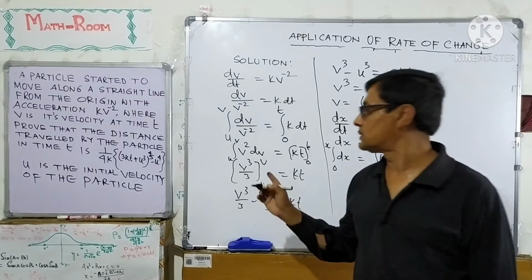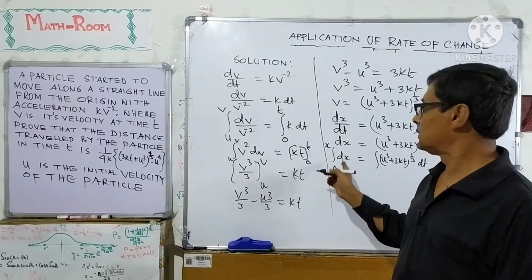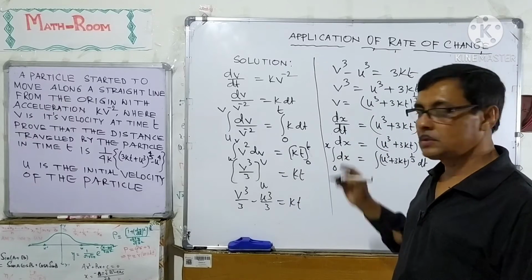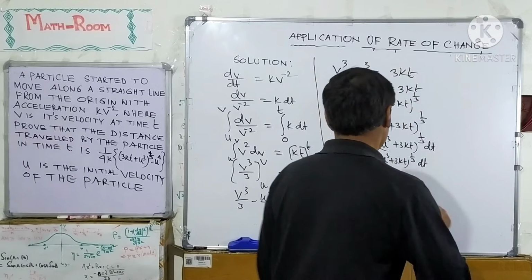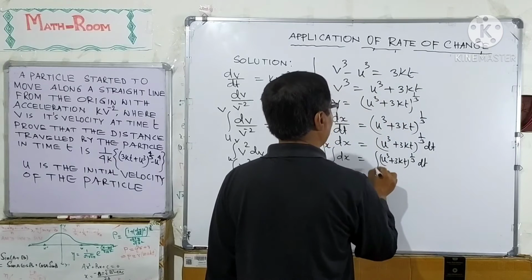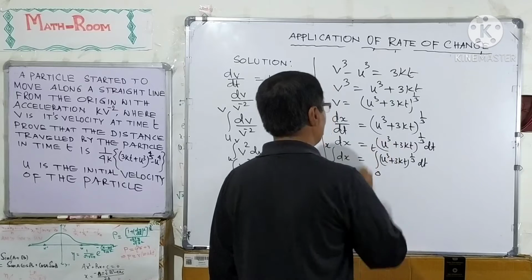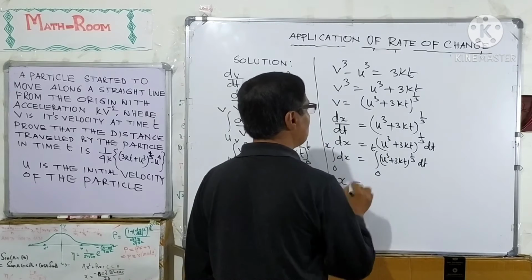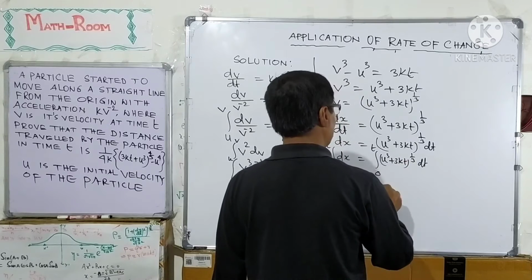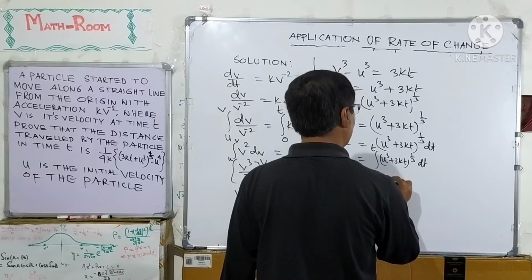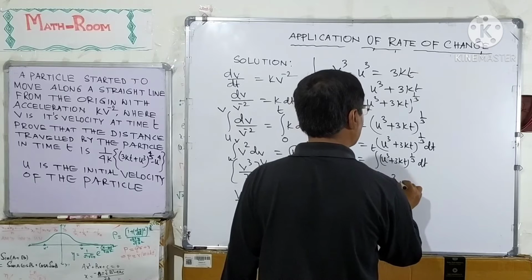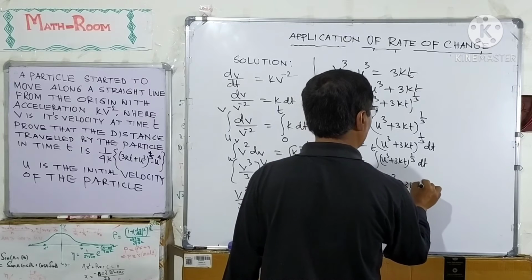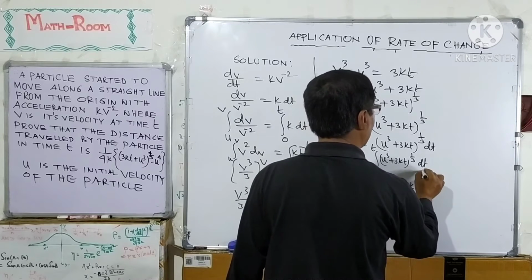Initially the displacement is 0, and also the initial time is 0 and the final time is taken as t. So, this integral is x equal to